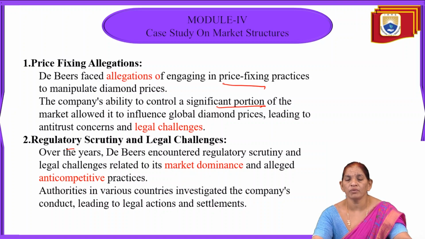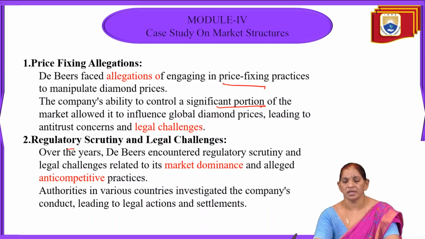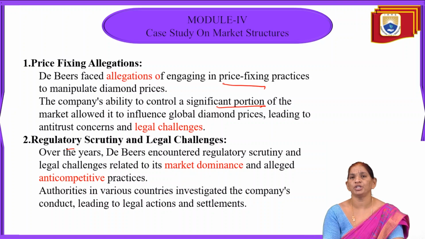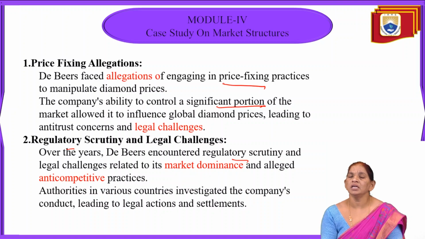So over the years after these allegations, De Beers encountered regulatory scrutiny and legal challenges related to its market dominance and alleged anti-competitive practices. It means it itself has faced government regulatory scrutiny and legal challenges related to market dominance. How did De Beers become dominant, a monopoly, in the selling and distribution of diamonds, and it has been alleged that it was involved in